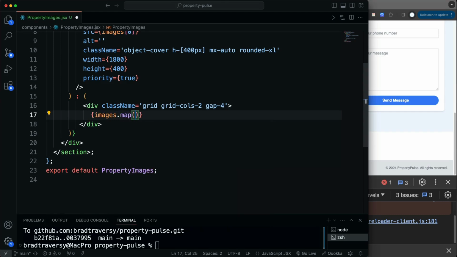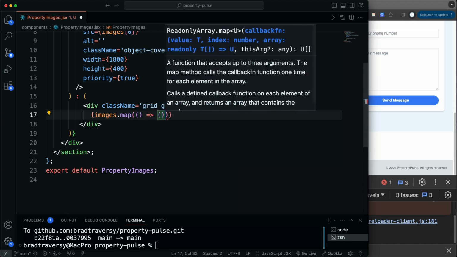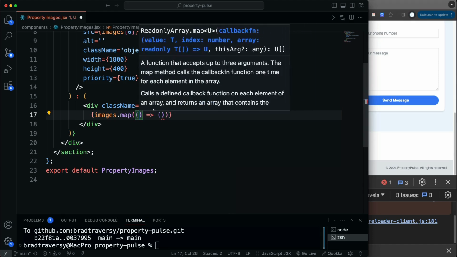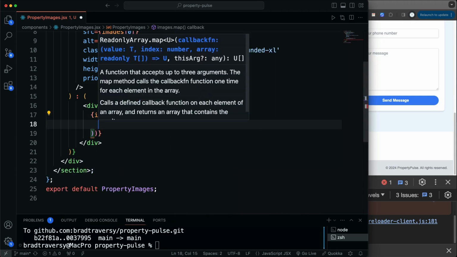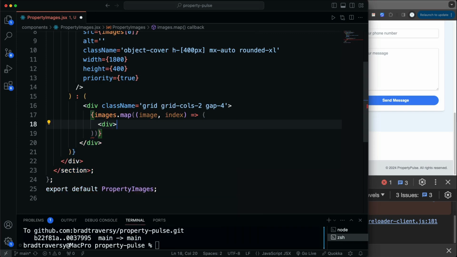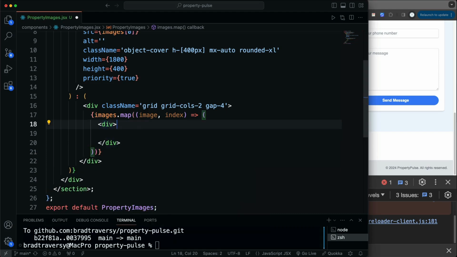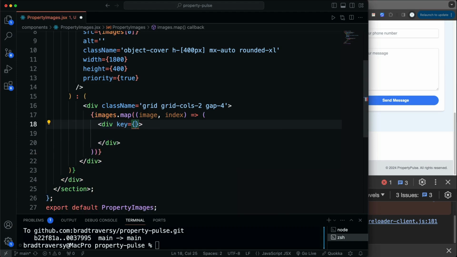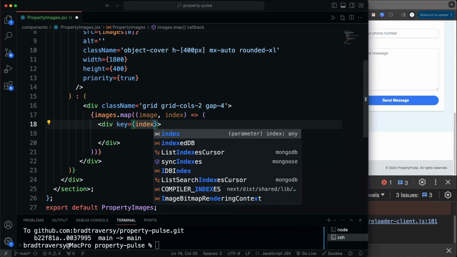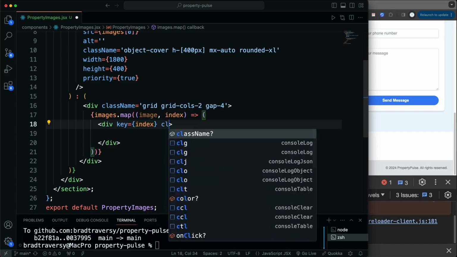with map, and then pass in, let's say, image and index. Okay, so we're just looping through the images, and then what we want to output is a div, and in that div, actually let's add the ending div, and we want to add a key to this since this is a list. So the key, we'll set that to the index, and then the className here is